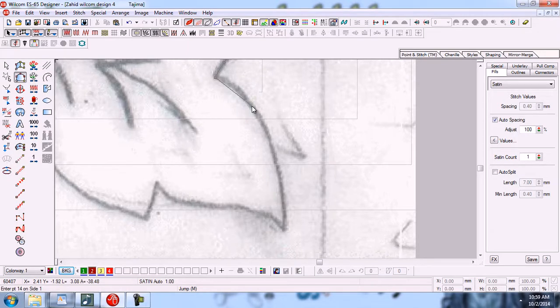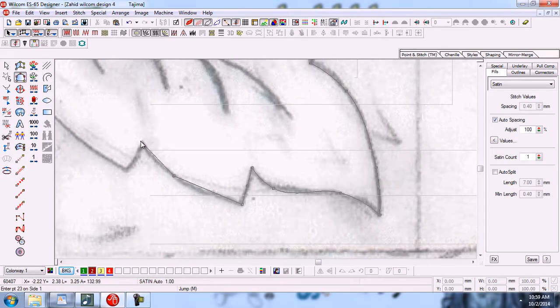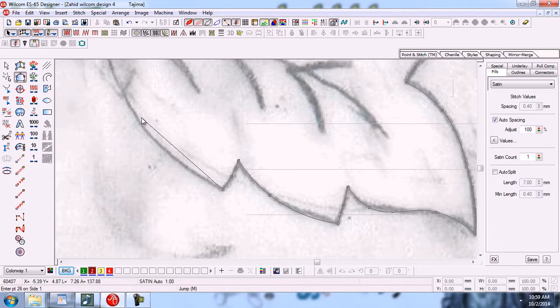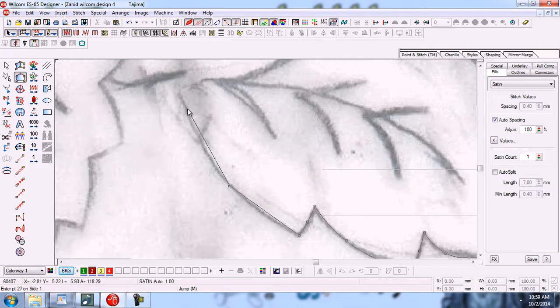Rounded, right; corner, so left. So now right, and on the corner we will press here right, corner, so left, right, corner, left, right, left, right.